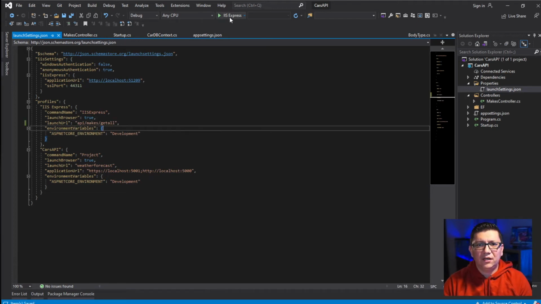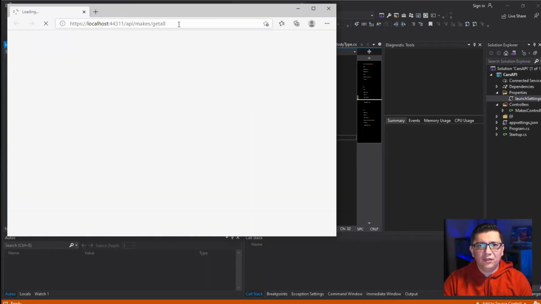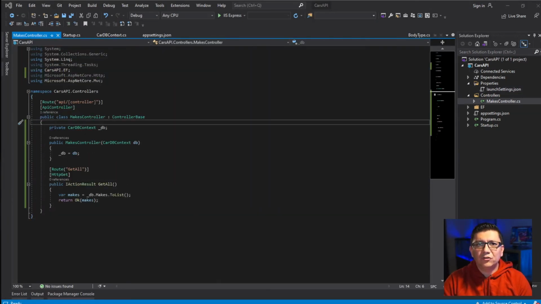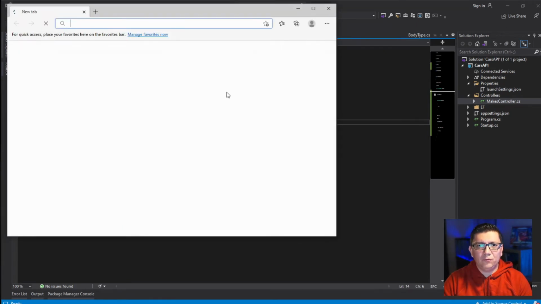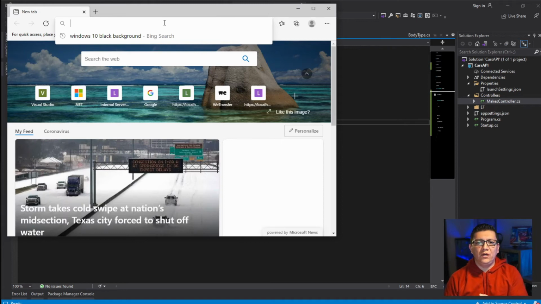Okay, let's start that. Let's see if it now goes to the correct URL. Okay, so now it's automatically launching to the URL we expect. Now that that's working, let's go ahead and download another tool I like using, which makes it easy for us to send requests to